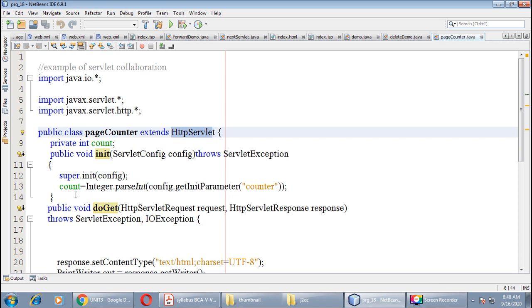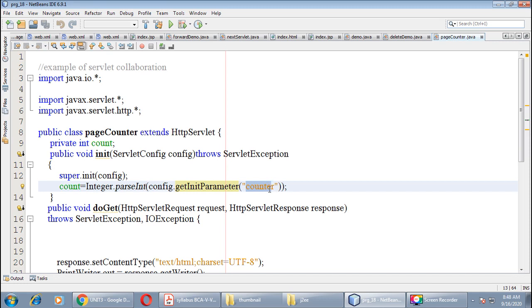Now, count equals Integer.parseInt(config.getInitParameter("counter")). Here I have used the method getInitParameter with one argument. It is used to get the initialization parameter. If the parameter does not exist, it returns null.